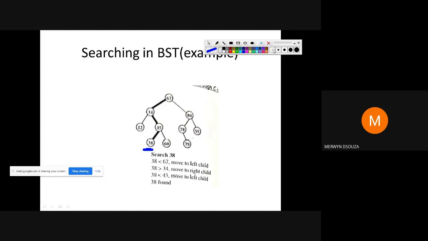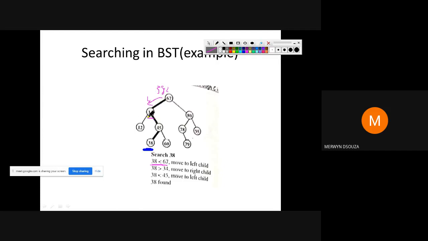You start from the root node. Compare 38 with this value, 38 with 67. Since 38 is less than 67, you will move left.